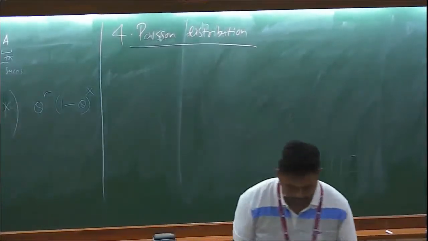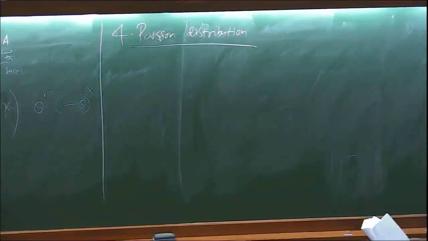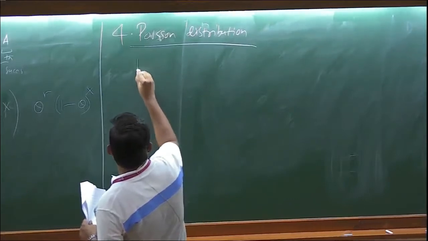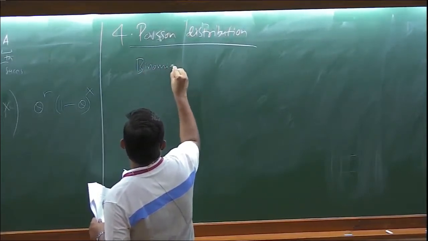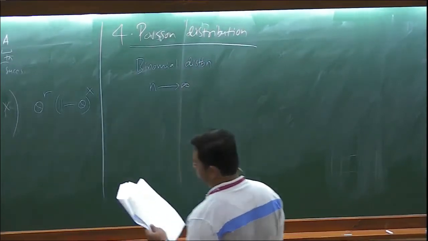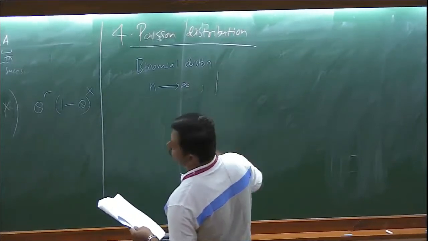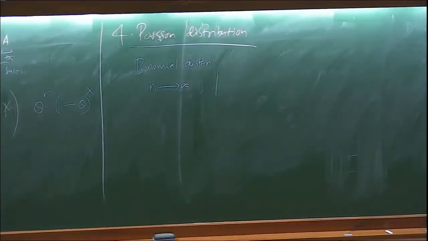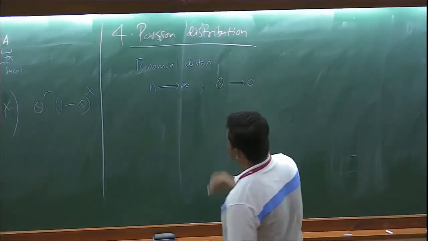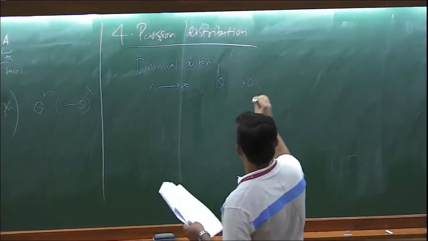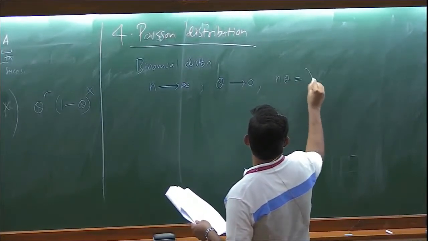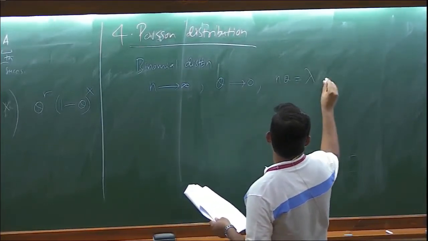This is the Poisson distribution. So formally, you can just take the binomial distribution and look at the following limit, where the number of trials goes to infinity. The probability of the, what did I use there? Theta or X? No, I used theta. Theta goes to 0, but you keep n times theta to be some fixed number, lambda.